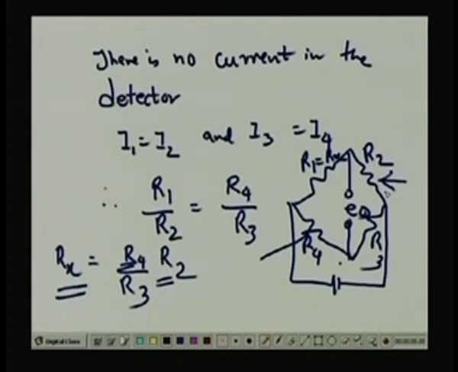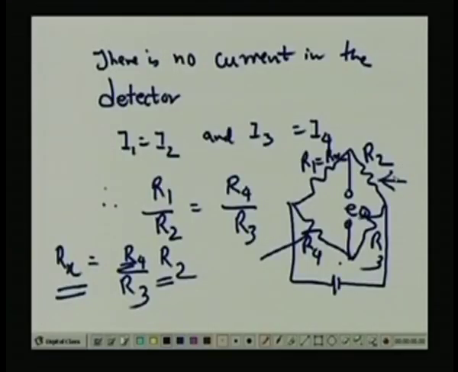In that case, suppose R4 is used as a dummy gauge. Then R2 can be used to balance the bridge. So, this is the case when there is no current flowing through the detector. That means I will vary R2. That means, if I take a new page,